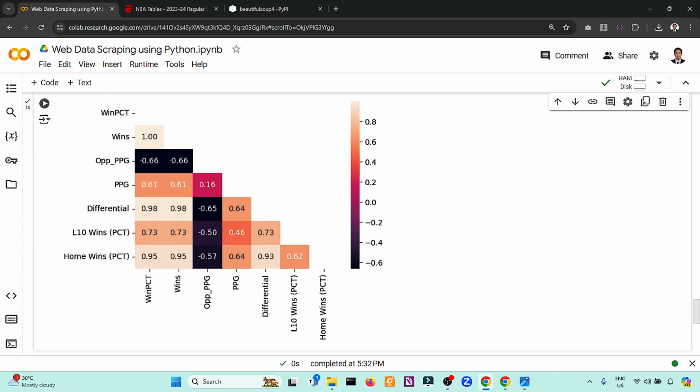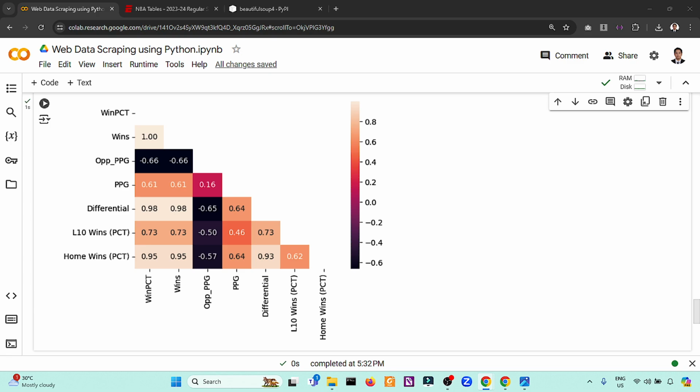As you can see, the wins are highly correlated to the differential, which is true. If, for example, the Boston Celtics have a differential of positive 11.4, it means every game they are leading the opponent team by 11.4 points. So this has a strong attribution to the wins. Then the opponent's points per game is negatively correlated. So if your opponent is outscoring you, you are losing. So this one is a sample of the correlation. We can get it further.